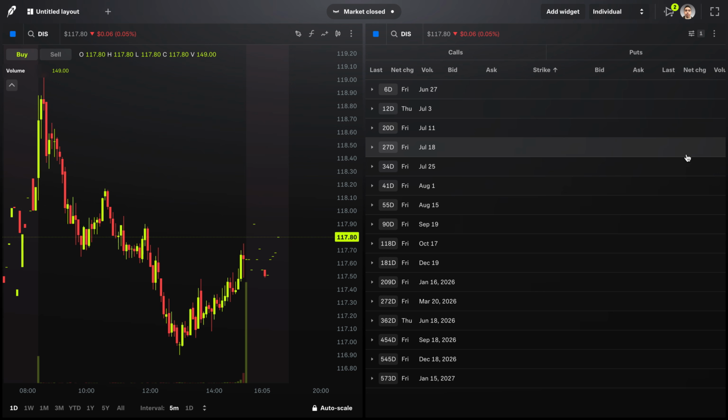And then if we look here on the options chain, the next thing is to select an appropriate expiration date. As you can see, the expirations are grouped here by categories, and you can expand or collapse these. So you can see all the expirations available. This would be the June 27th expiration, July 3rd expiration, July 11th expiration, and so on. So from here, we can go ahead and expand one of these